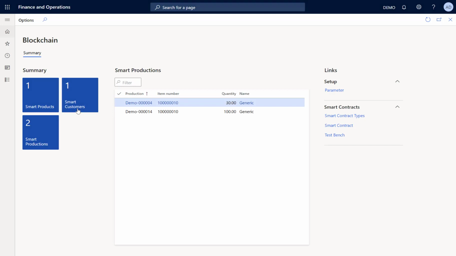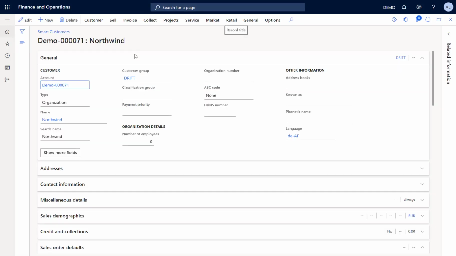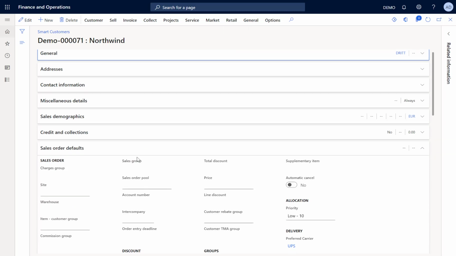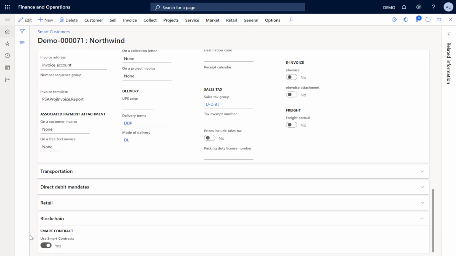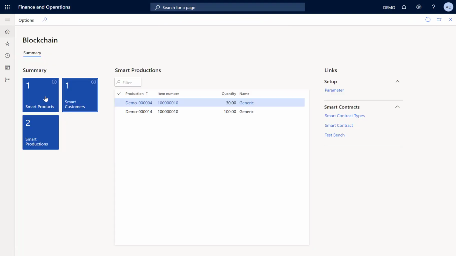So from the smart customers, let's have a look at the base data of a customer. Down here at the blockchain tab, you see that for this customer, the flag Use Smart Contract is enabled. And from the smart products,